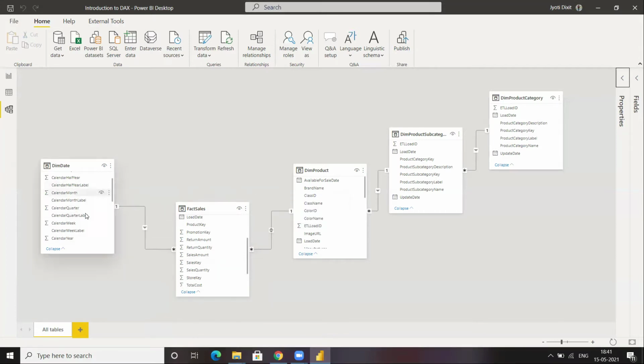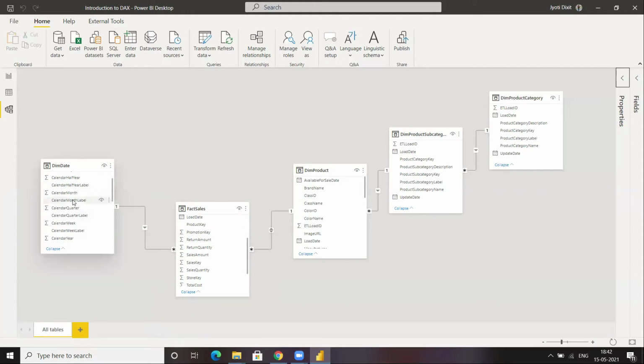And because the filter exists from dim date to fact sales, any column from dim date will be able to filter the rows of the fact sales table, and it will be able to give me the value of sales amount corresponding to each year. How? Because this table is able to filter this table.